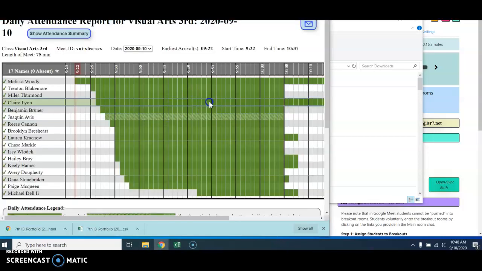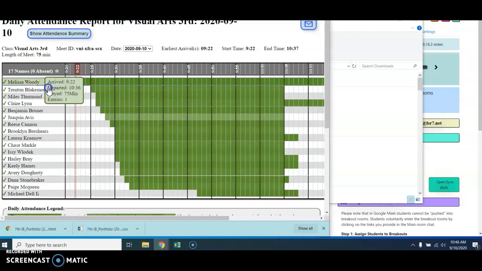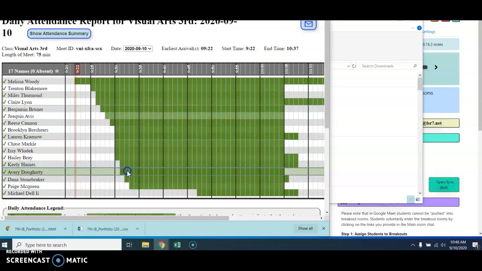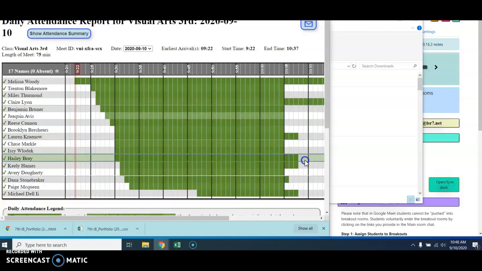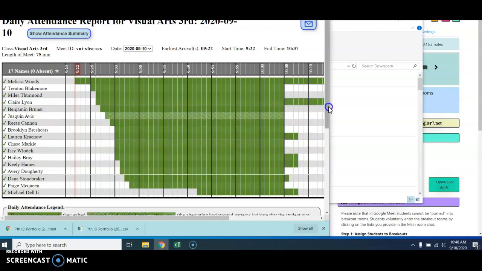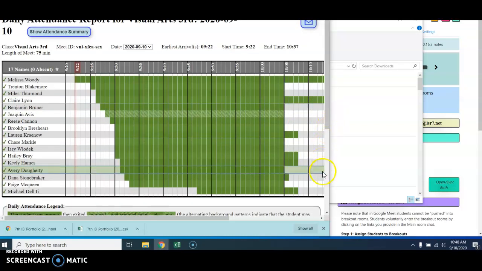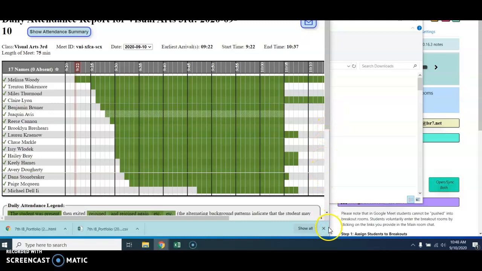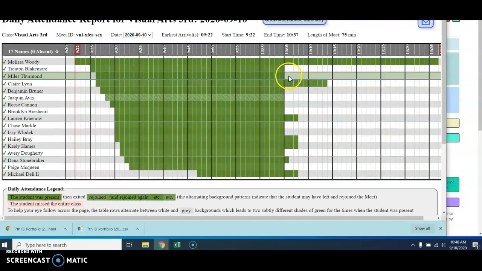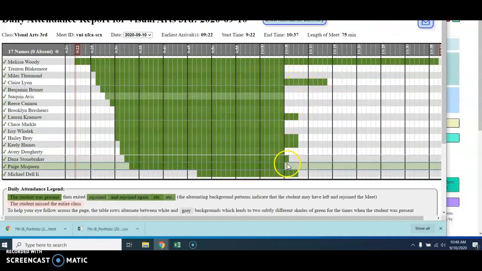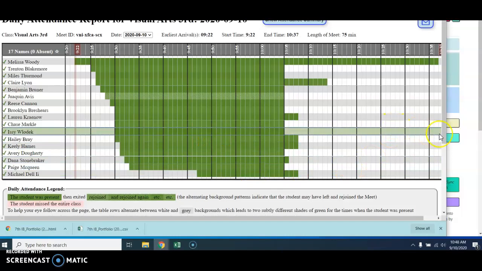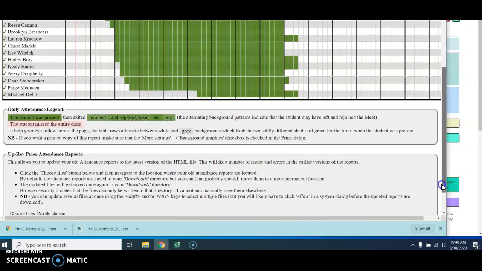So like for my visual arts, check this out. It shows who was attending, what time they logged in, and then what time they logged out. And I left my session open for kids to be a part of, to just kind of ask questions if needed. So I thought that was really kind of cool that it shows who's in attendance and for how long they are in attendance. And so that saves down